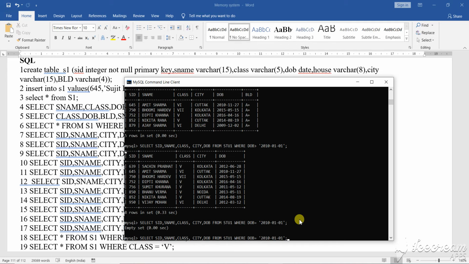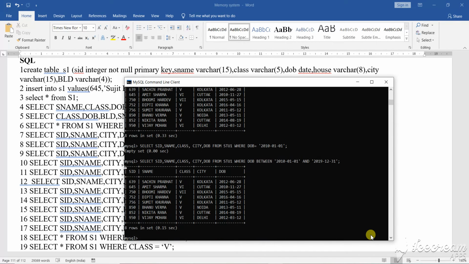Next you see that date of birth between clause. The where clause, between clause, and AND clause, three clauses I have combined here, where date of birth between this and this. So this and this. This is the particular criteria, date of birth in between this range, the students who are there, their names have come. Okay, so this is how you are going to do it.